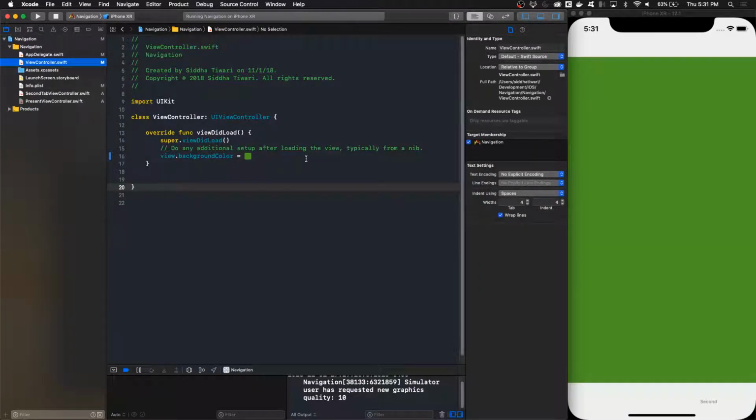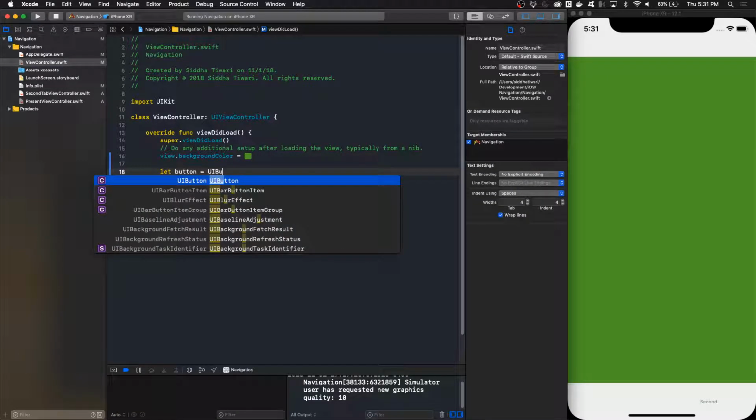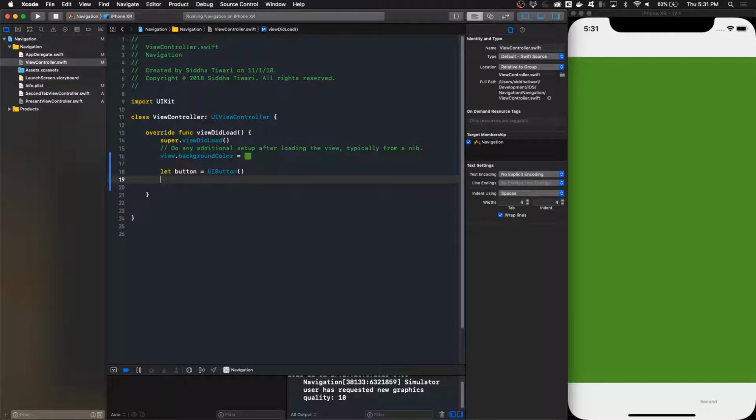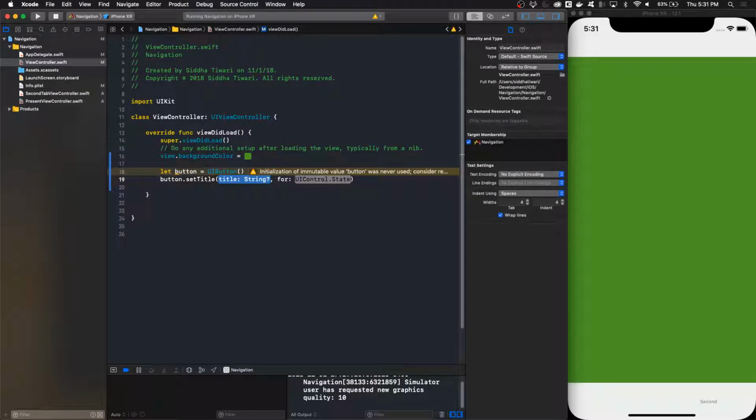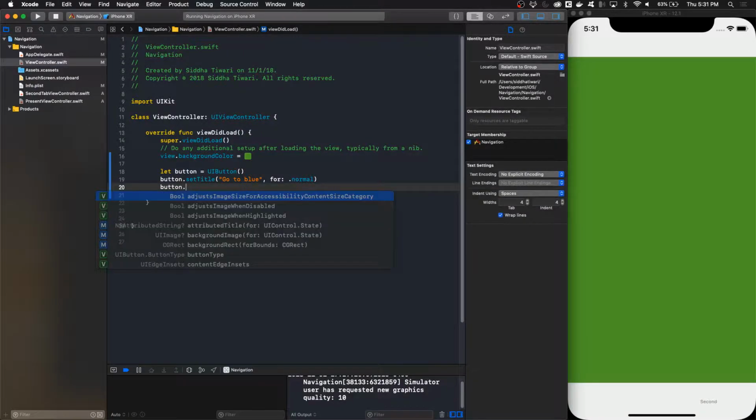So it's this one. So let's create a button. Let button equals UI button. If you remember this from our second meeting, it's button.set title. Let's do go to blue. So then this is just going to set the text of the button to go to blue. So button dot